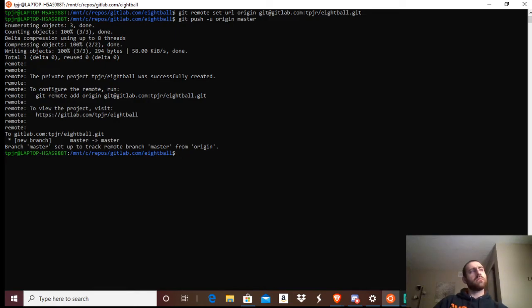And then you can change your origin to git remote set URL origin. I know that's hairy. Please make sure you write these down. I have them in a script, which is why they're not at the tip of my tongue, which is probably why I need to start doing them all the time. So then you do git at gitlab.com, 8ball.git. And when you do that, the next command after that is update, and that means if necessary, update the origin to the master,